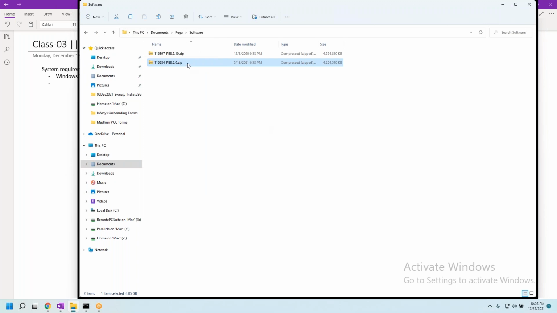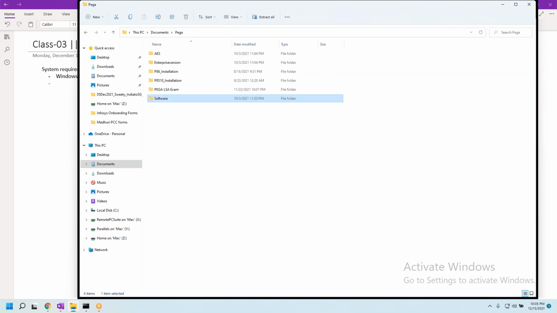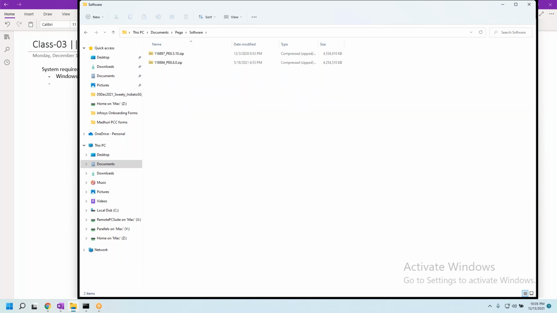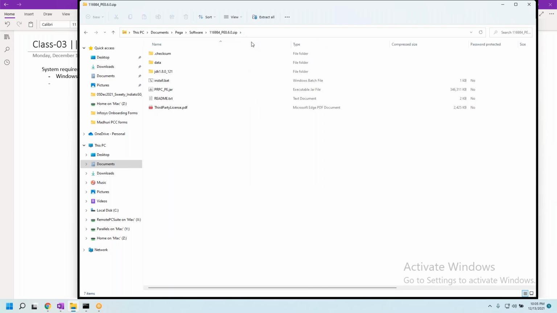Basically, after getting this particular zip file, you have to unzip the file into a specific folder which has all these contents.